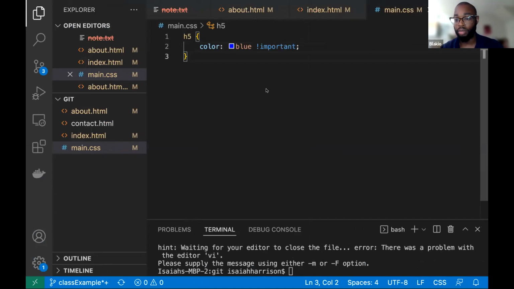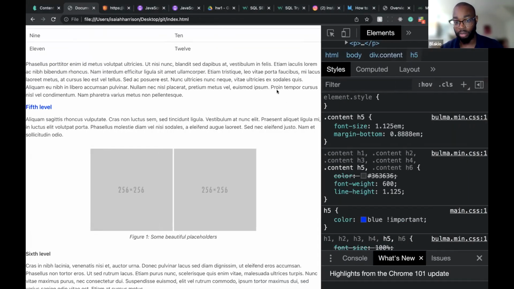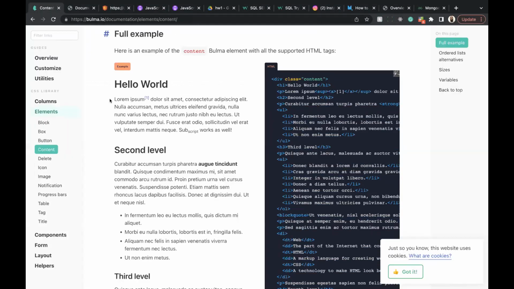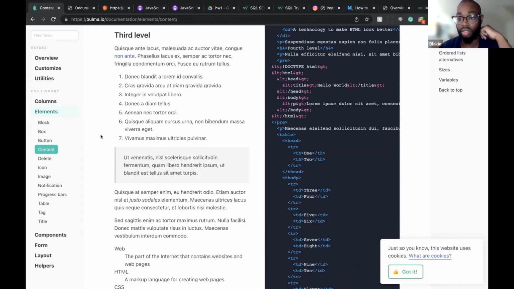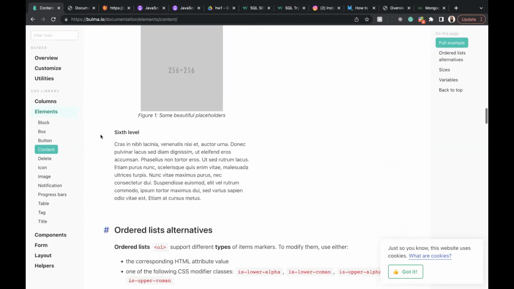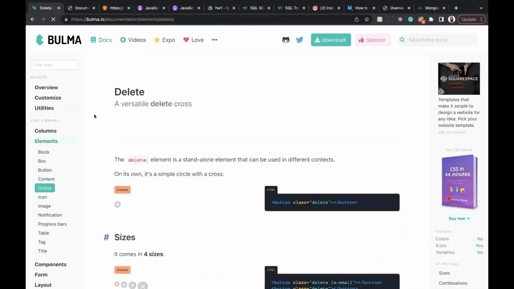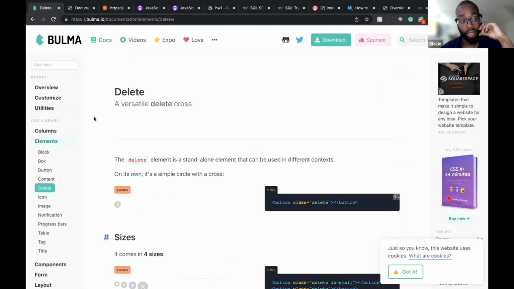So there are pros and cons to everything, but I think the pros probably outweigh the cons, because you pretty much get everything styled out of the gate, and anytime you add a new thing it's already added for you. So, you had a question? They asked, is it like Bootstrap? Are they similar? Yeah, pretty much the exact same thing to be honest. But I saw Bulma from somebody I follow on YouTube, and he was talking about it, and honestly,